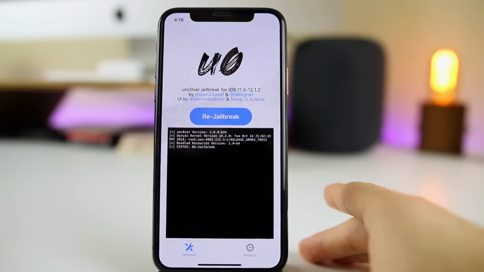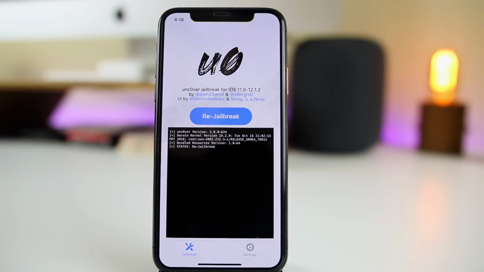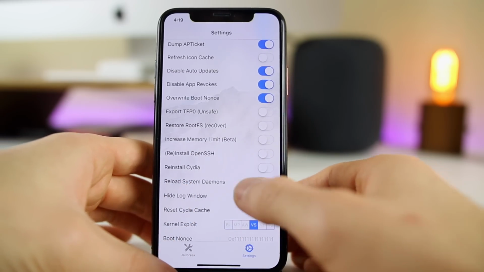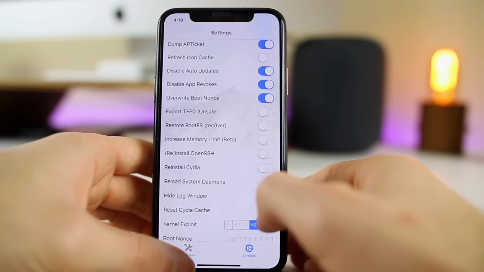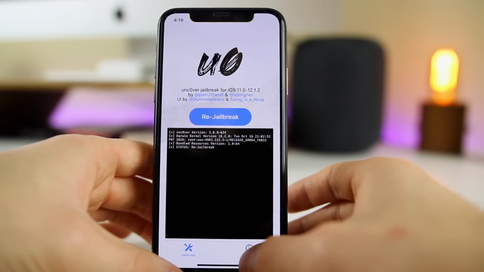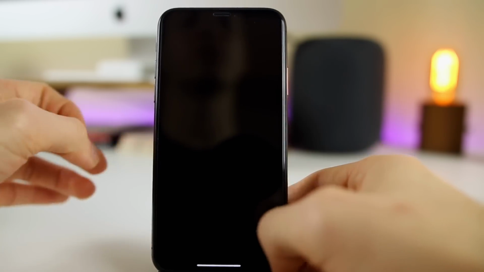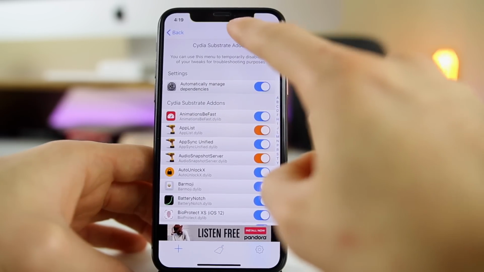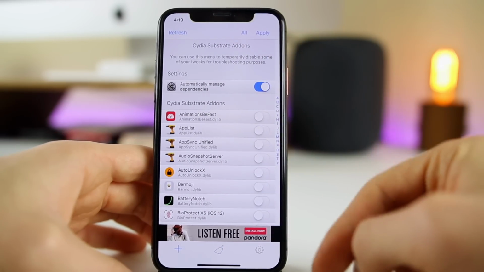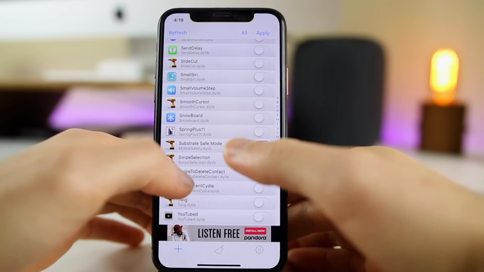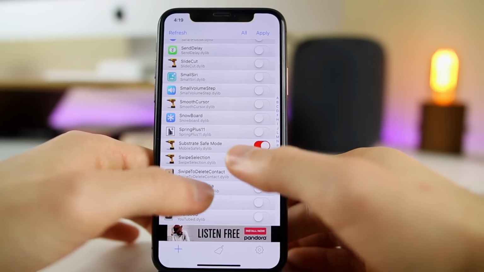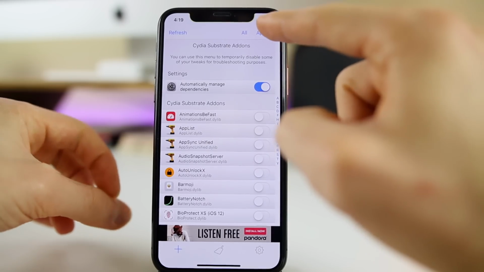Now, if you're in a Respring loop or you find yourself experiencing random resprings or reboots on a daily basis, this is how you fix that. Of course you want to go over to settings inside of the Unc0ver application, make sure reload system daemons is disabled, and then click on jailbreak or re-jailbreak. Then you want to open up iCleaner Pro, click on this little plus down here in the bottom left, Cydia Substrate add-ons, and then click the All button up here to deselect all tweaks. Now there should only be one tweak enabled, and that is Substrate Safe Mode. I would never disable that, but disable all other tweaks besides Safe Mode,